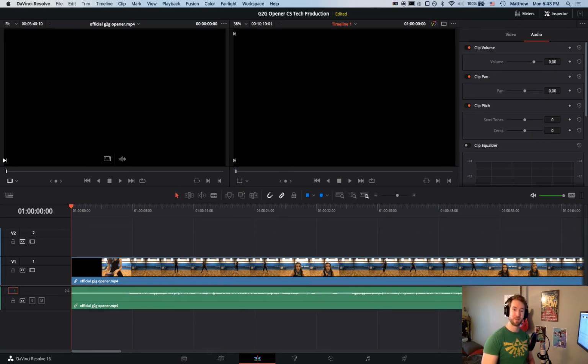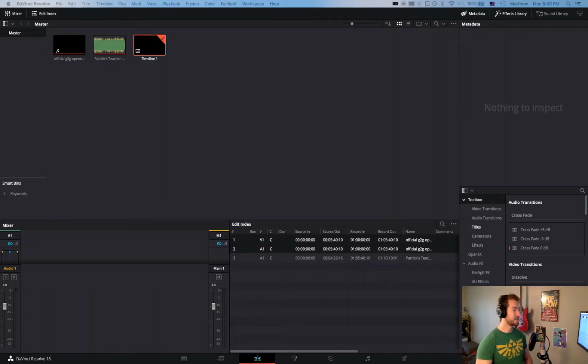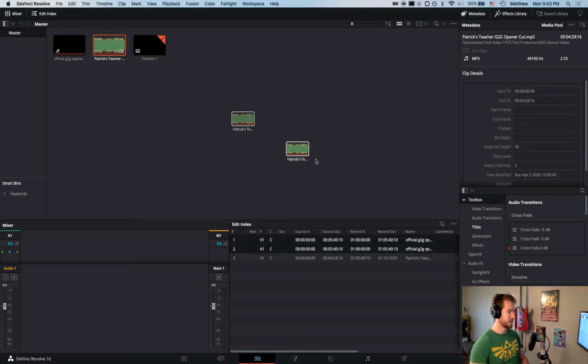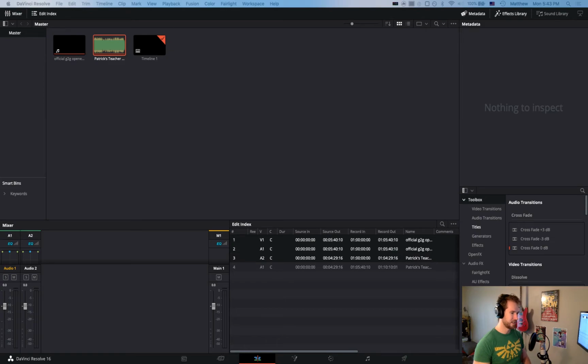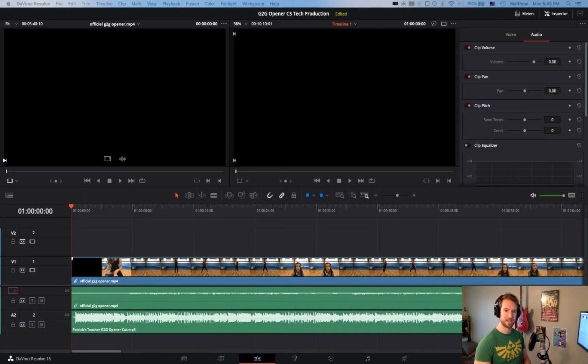So what I'm going to do, and I'm not sure how this is going to display if you only have one display that you're working on. Probably it'll be a little more compact, or you might have 2 sets of windows that you'll flip between. So I'm going to show you what I'm doing. This is my second display, and I'm going to grab the audio here. I'm going to bring it over, and I'll show you on this display. I dropped it just below